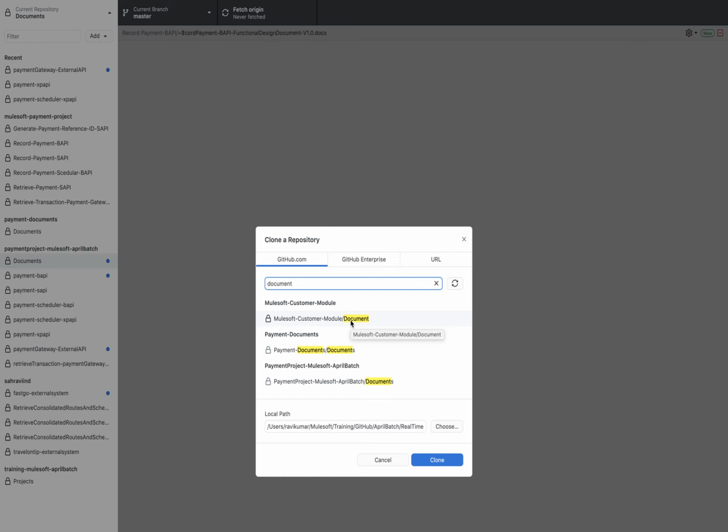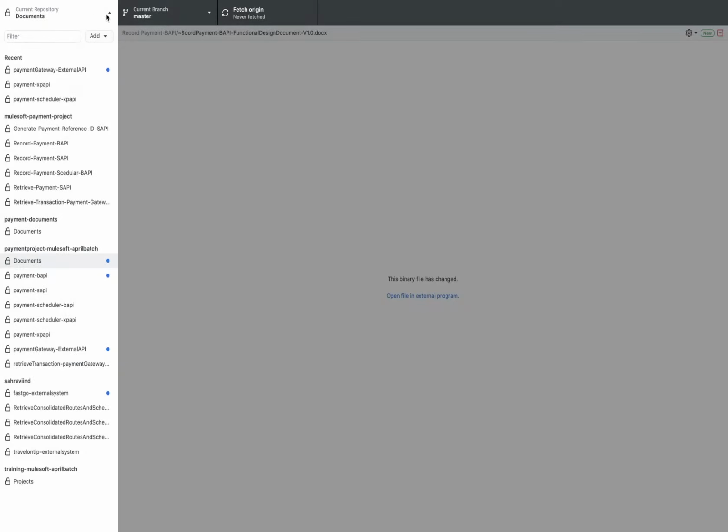Whoever is not able to see, mention that. If there is anyone who is unable to see, then let me know. Just type document here. Did you follow that step or not?